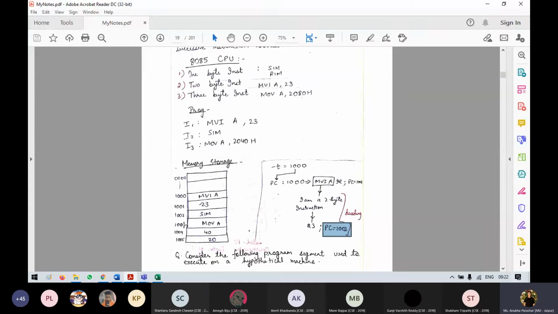Now the question will be asked: when it is moving to 1003, what will be the address of the next program counter? The next program counter will fetch 1004, it will fetch 1005, and it will say that this is one instruction. Likewise, if other instructions are there, it will try to load those. That is how the program counter keeps on incrementing, keeps on fetching the instruction depending upon the register and from where it has to fetch. Right now it is fetching from memory storage.